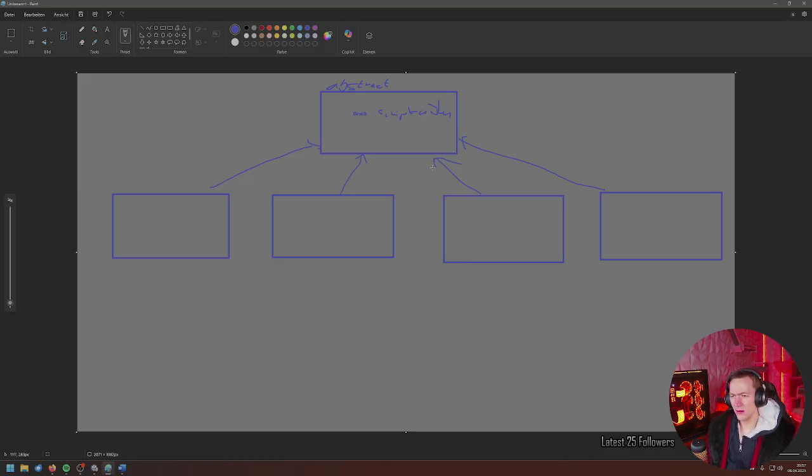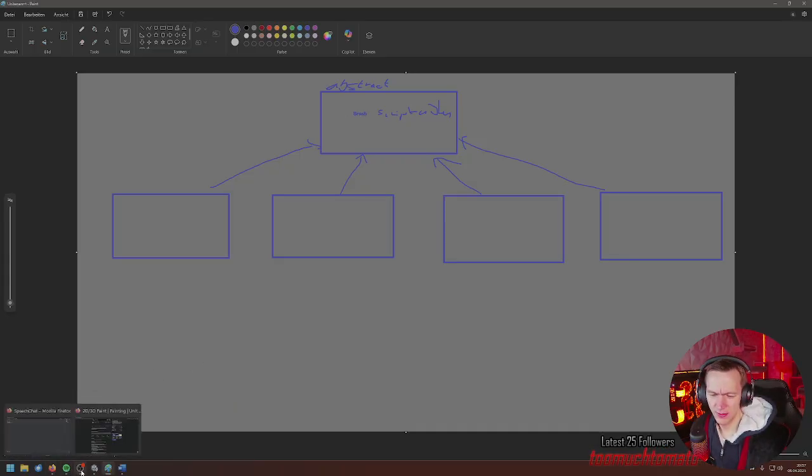I would have to look into that. Okay. No. I don't know if that's possible. Can you force, with an interface, that everything inherits from something? I don't think so.